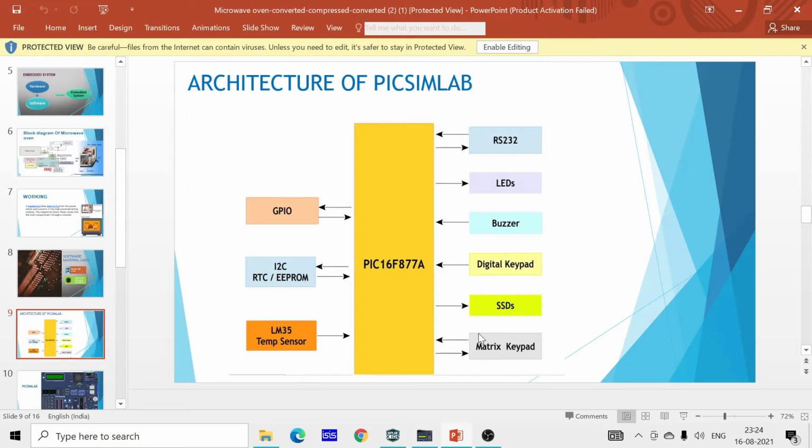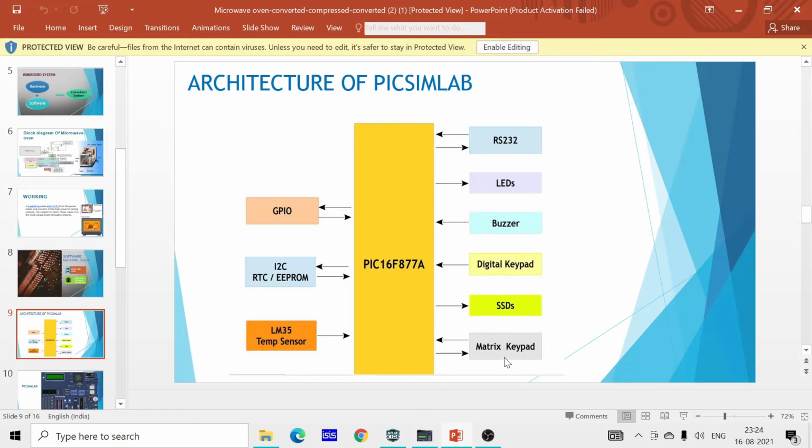SSD basically works alongside your system memory and processor to access and use data. Solid state drive, that is SSD, is used to access data faster and improve performance. And here the matrix keypad is used to select the mode, give the temperature, erase, clear, enter and many more.